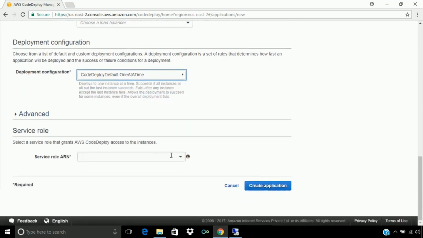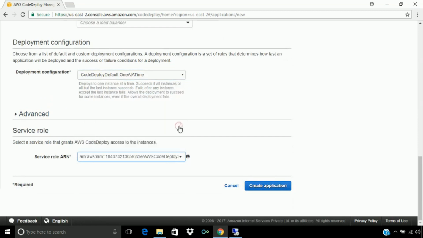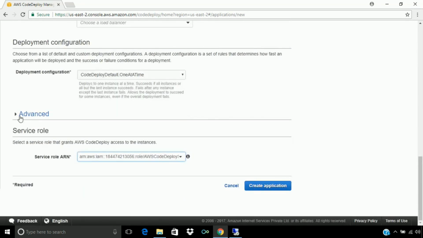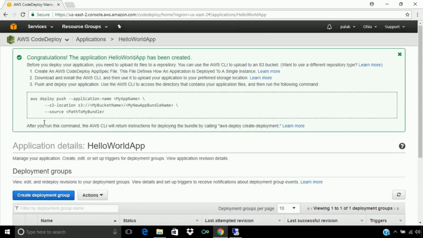Here for the service role ARN, we have to select the CodeDeploy service role, which we defined earlier in the setup instructions. And after that, let's create this application. The application has been created.